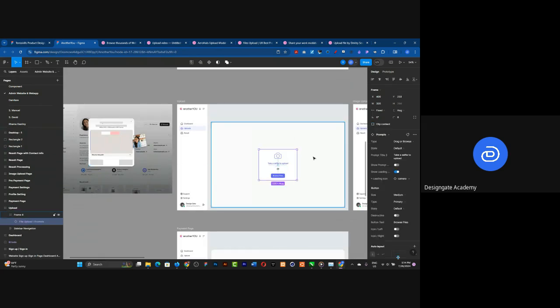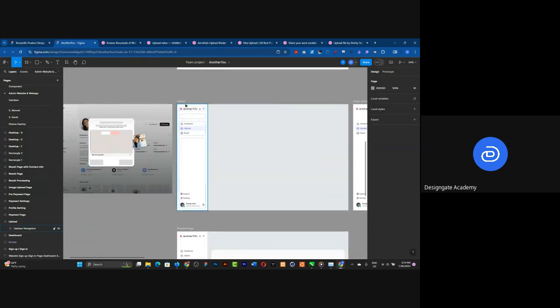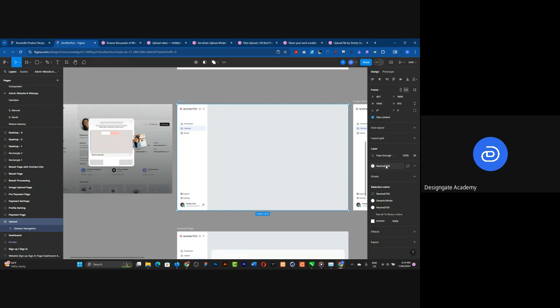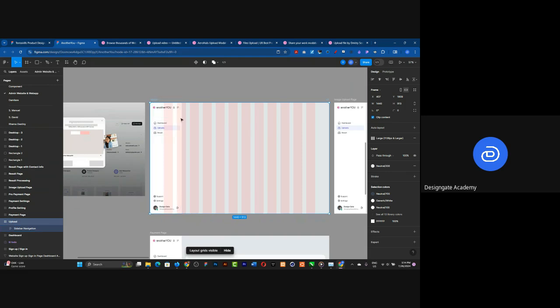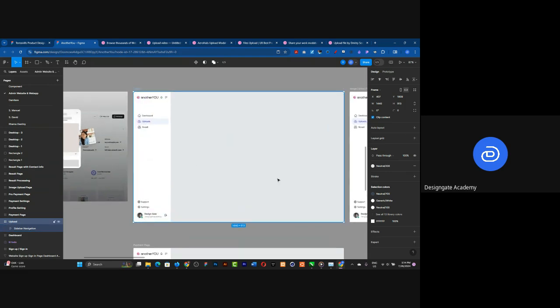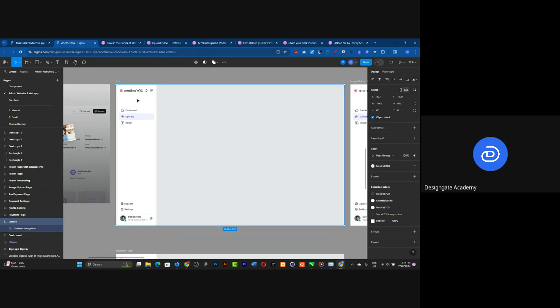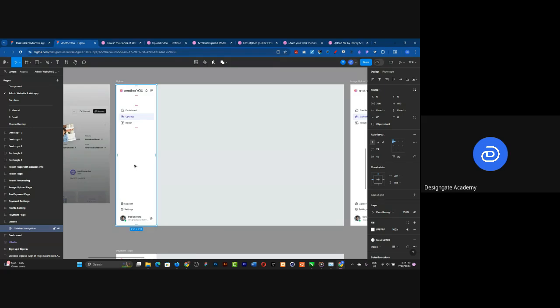So let me go ahead and remove this, and let's bring back our grid. Okay, let's bring back our layout grid. Let's create a new grid for our design. So the way it works is this: if you want to start creating a grid for the content of your design when working on a web app, okay, this has already taken